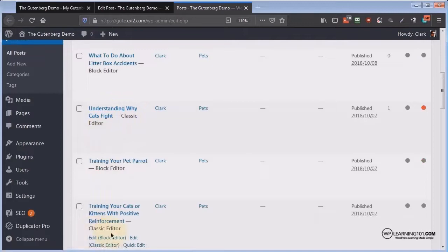So you can see all these will tell you Classic Editor or Block Editor, but that's only if you have the Classic